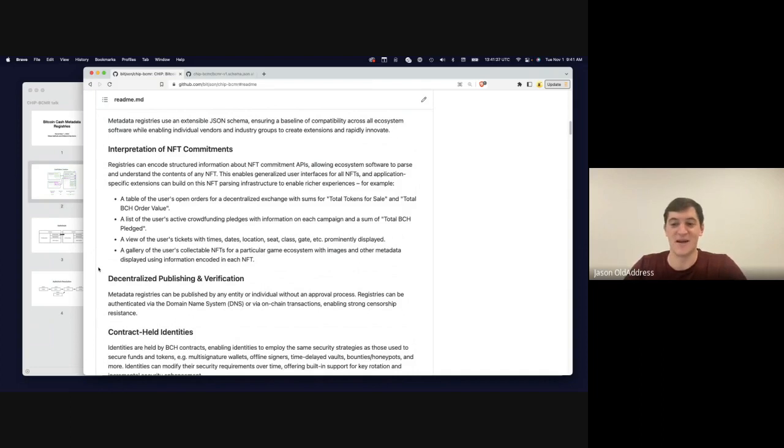And the way we actually define that, we use the same virtual machine that is used by the contracts themselves. So in a cool way, if the wallets integrate a Bitcoin Cash virtual machine implementation, there's lots of languages. You can do the one from any of the nodes, or there are a number of JavaScript ones. Your wallet can actually use the Bitcoin Cash virtual machine to parse the contents of the NFT in the same way that it's actually parsed on chain, and then read fields from that NFT. So your wallet can actually, without the developer of your wallet necessarily knowing anything about the Flipstarter contract, you can import a registry that knows something about the Flipstarter contract,